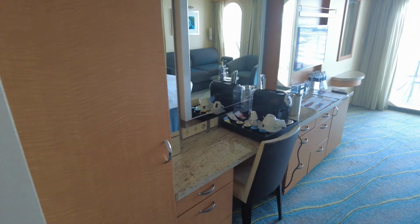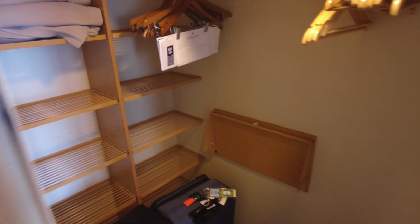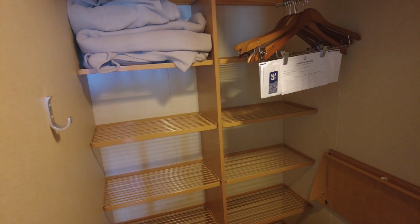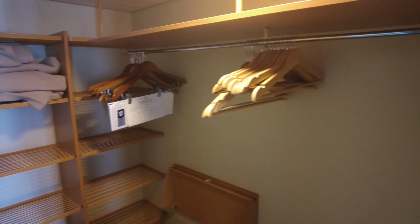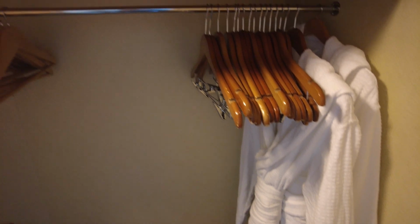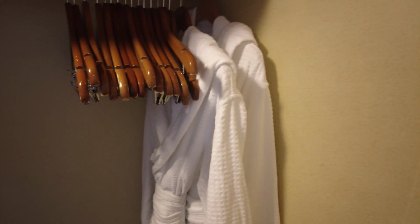When we come into the room, we have a nice walk-in closet. You can see how big this is. There's lots of shelving, lots of hangers, lots of spacing, so you can really just unpack, put everything up, hang everything up, and just walk in here. It's nice. And a couple of the Royal Caribbean robes. We come out of here,